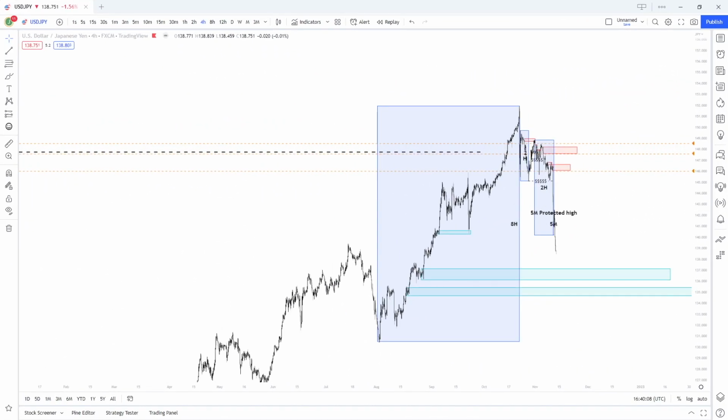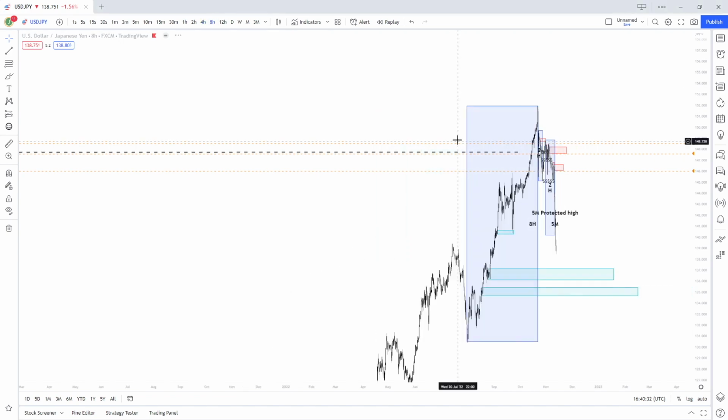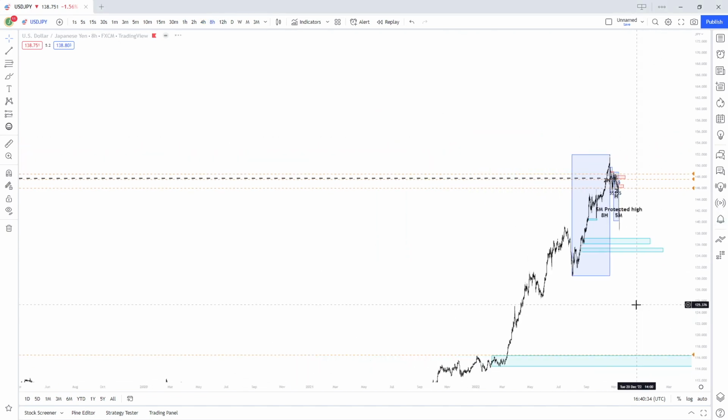Okay, so hello everybody, and today I'm going to be starting off here on the US dollar Japanese yen market because we've obviously seen some recent bearishness which goes against the overall trend, which has come to liquidate some of the lows we've been creating in the past few months prior. So what I've done in this episode is I'm going to take a step back, go to the higher time frames and see what this recent bearishness means within our overall bias.